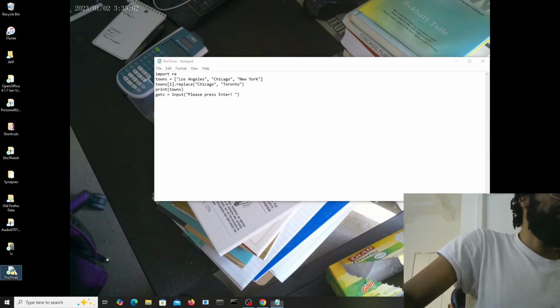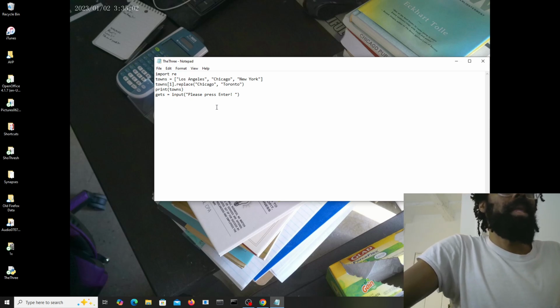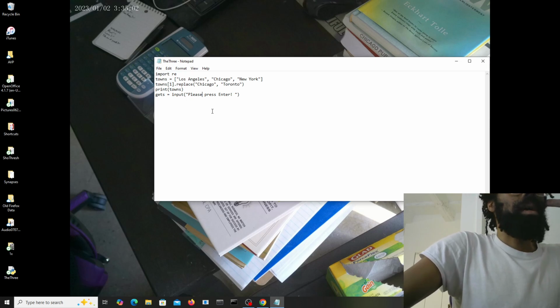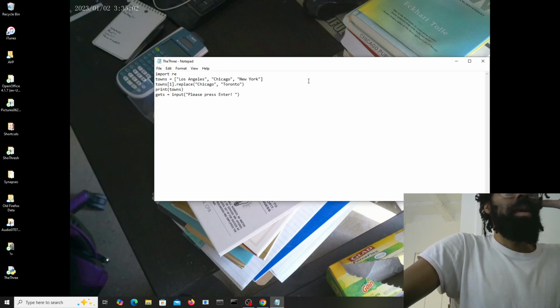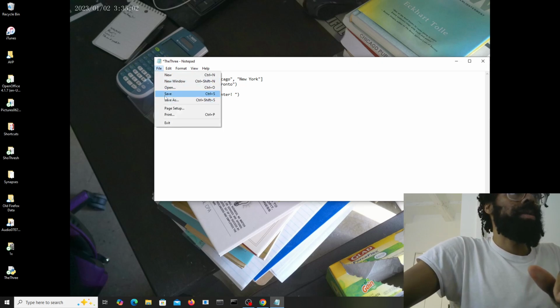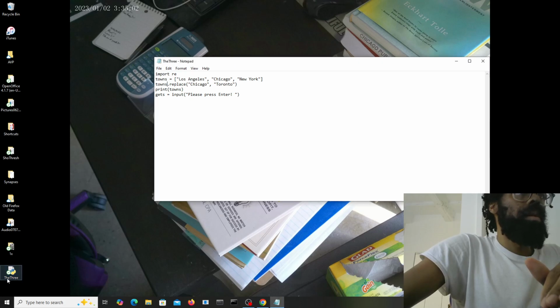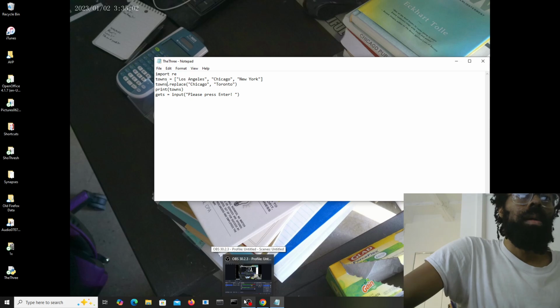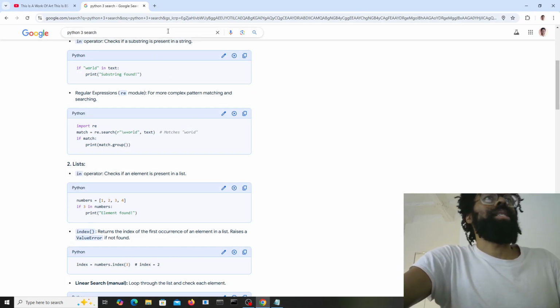Print towns. Let's see if this works. Let's check out replace.